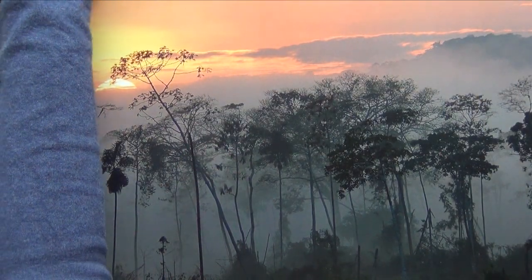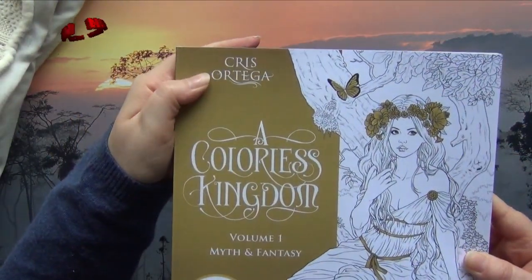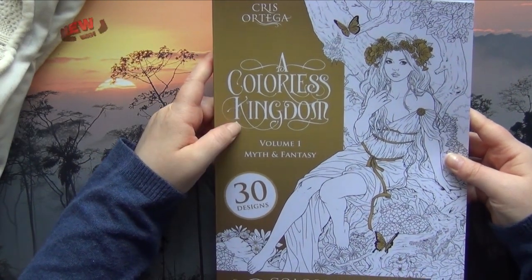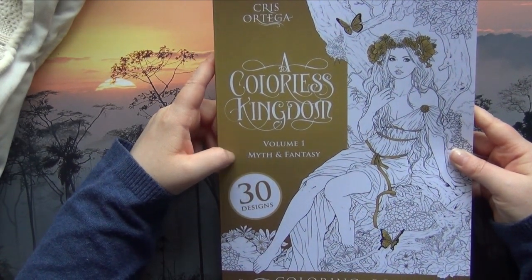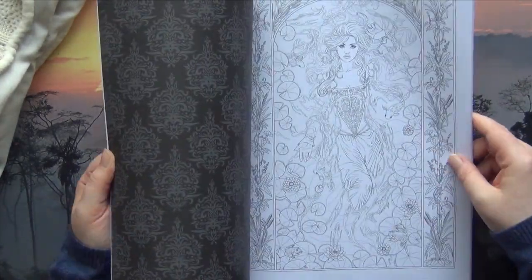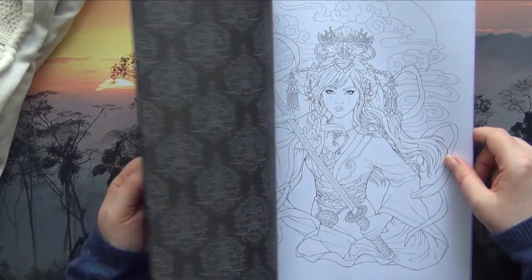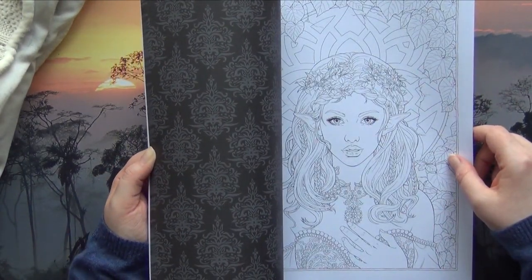So what else do I have? There is another new book. This one is by Chris Ortega, A Colorless Kingdom Volume 1, Myth and Fantasy. It has 30 designs, and I just got enabled with this book by a new channel that I will display